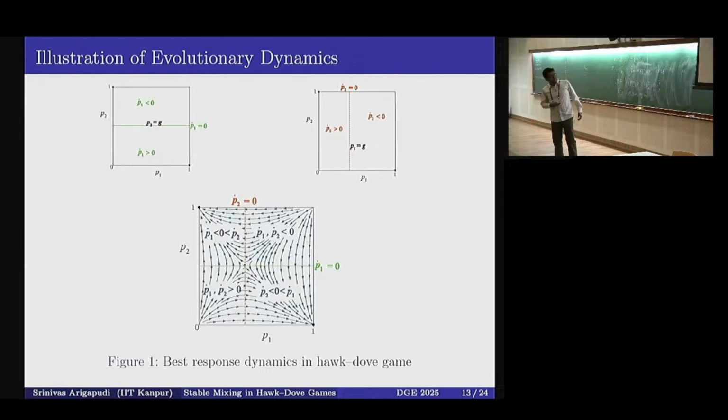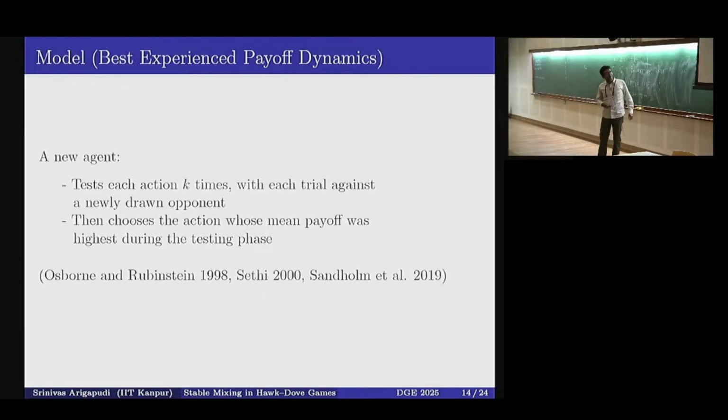Similarly, if you're starting somewhere over here, you would move in this direction and then eventually converge to this particular state. And notice that this hollow dot here represents the mixed Nash equilibrium. As you can see, it is not stable. Let's say you're starting exactly at that point, you remain there, but if there is the slightest bit of perturbation, you would either go here or you would go down here. So that's why only the boundary equilibria are going to be stable under the best response dynamics.